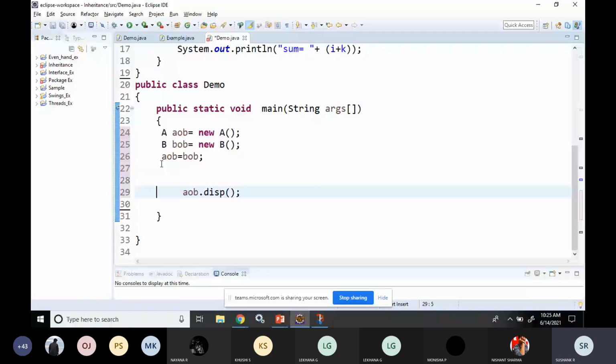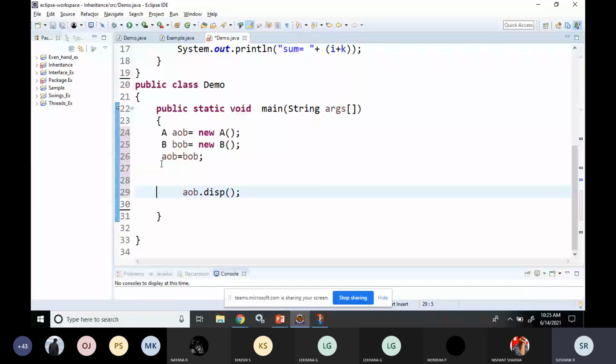So BOB was a reference to class B and AOB was a reference to class A. After that, I assigned BOB, which was a subclass object of class A, to the superclass object AOB.